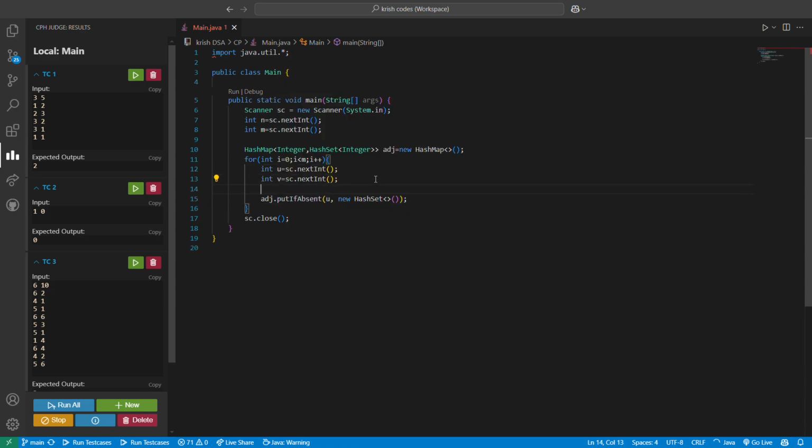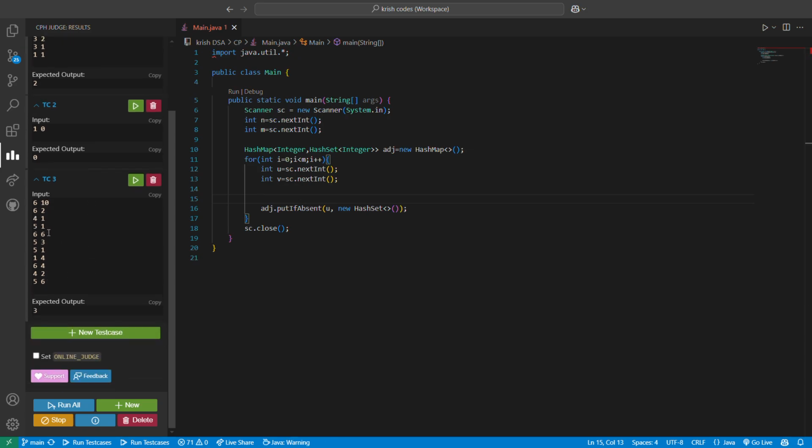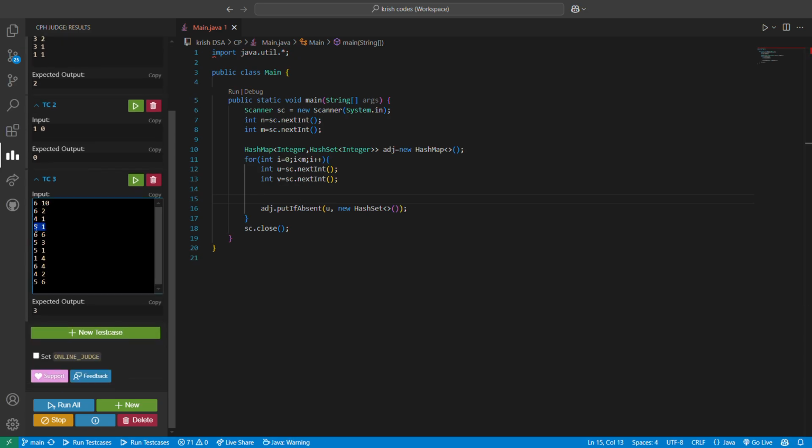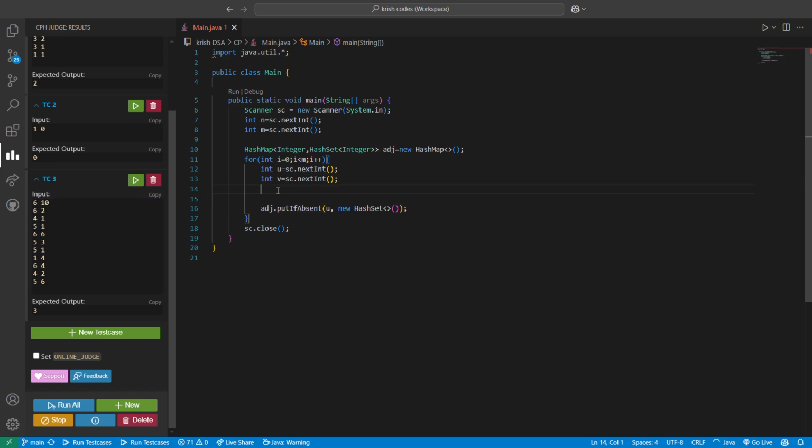But first I need to check if there are same edges here. So if you look at this example, there is an edge connecting 5 and 1, and there is also an edge connecting 5 and 1. So 5 and 1 are appearing 2 times, right? So I just have to check if